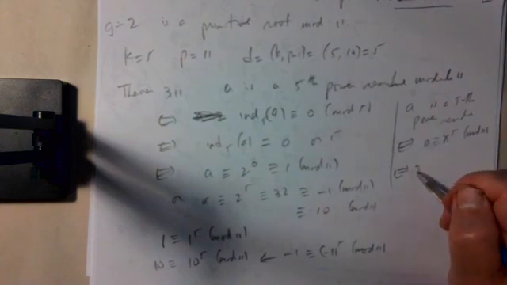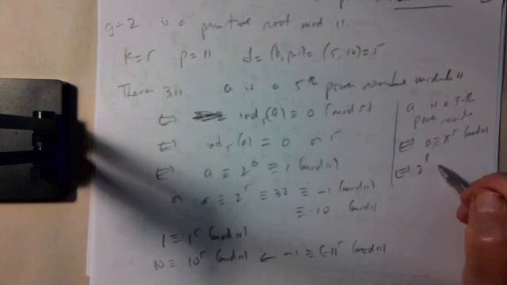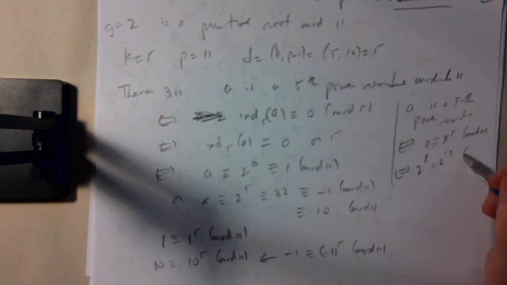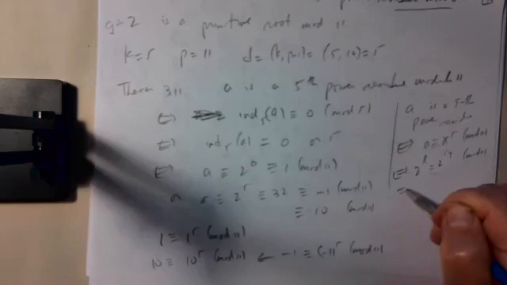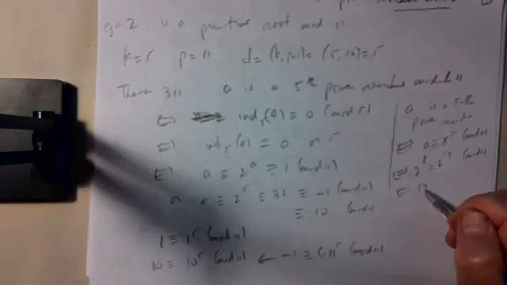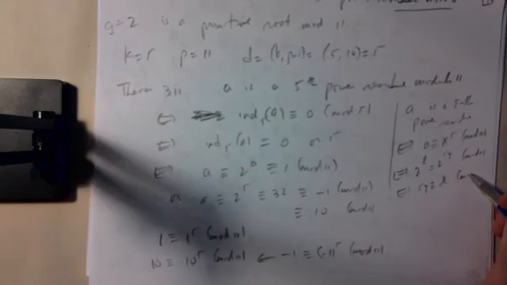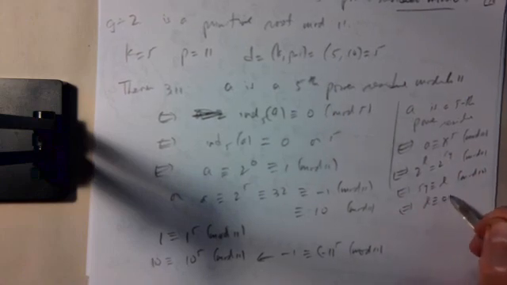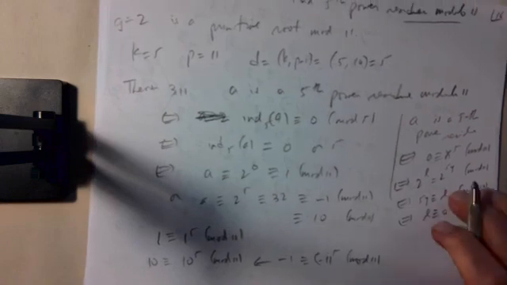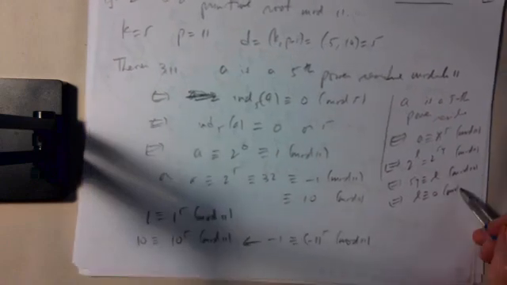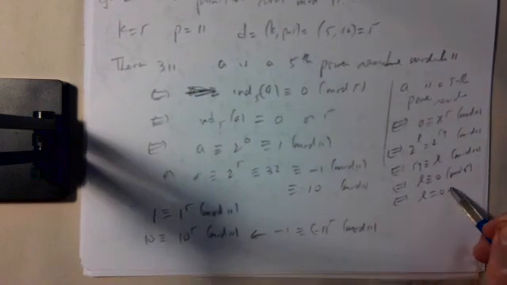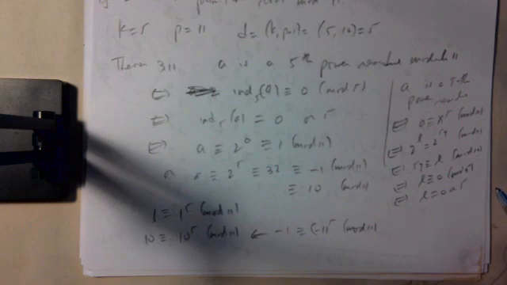And if we write A as 2 to the L and x as 2 to the y, this is 2 to the 5y is congruent to 2 to the L mod 11, which is the same as saying 5y is congruent to L mod 10, which is the same as L is congruent to 0 modulo the greatest common divisor of 5 and 10, which is 5. So if and only if L is equal to 0 or 5,